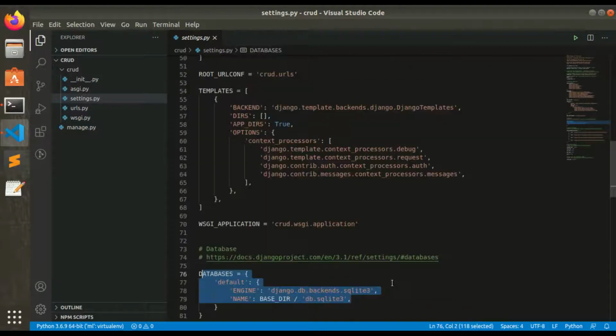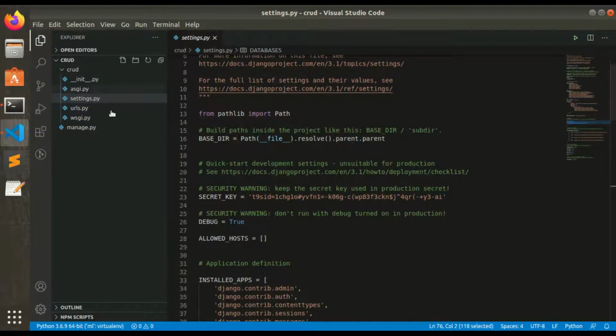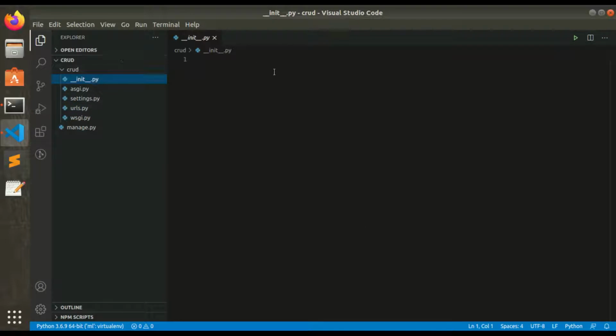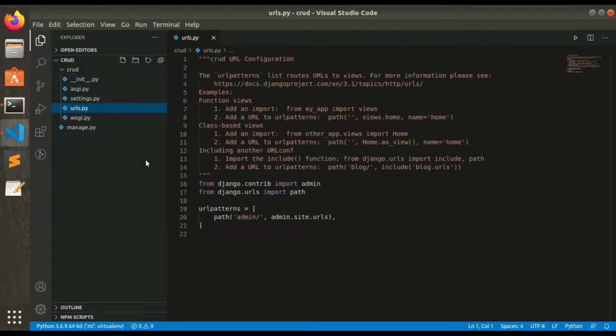Then there is __init__.py, which is blank; it marks the Django package. And then we have the urls.py file, where only the built-in admin endpoint is created by Django itself. We'll be diving deeper into it in future videos.